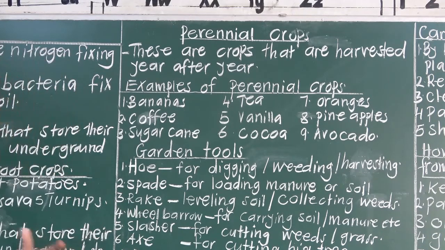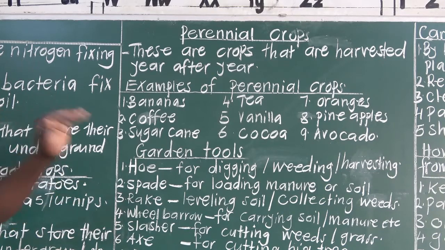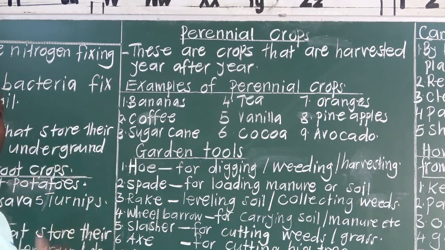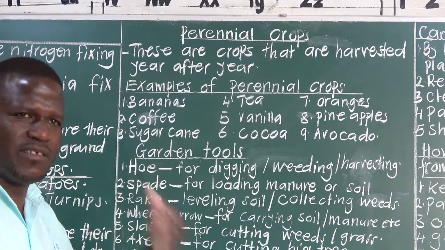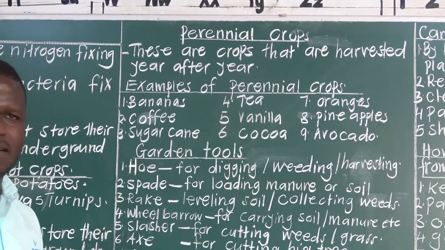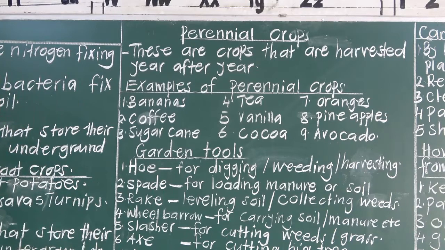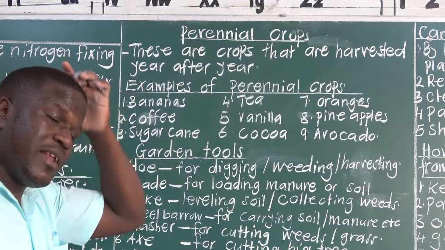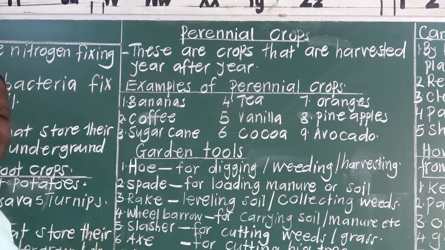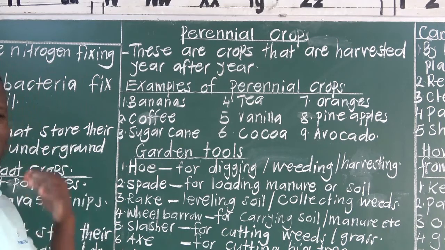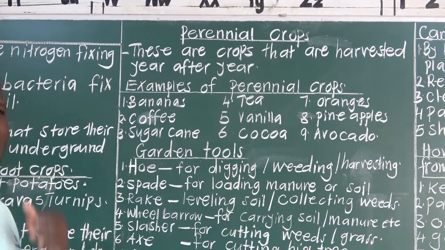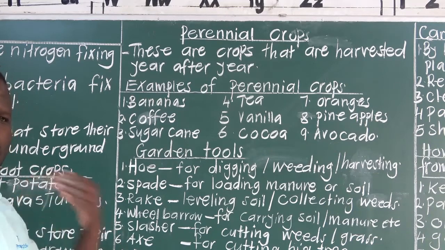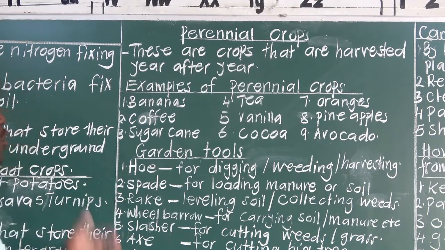If you cannot take that definition, you can take this one. These are crops that are harvested year after year. Every year we harvest them. The best example is bananas. Some of you were born when the banana plantation you have at home was already there, and it has never got used up. You keep on harvesting those bananas every year. As you harvest, others keep on growing to replace the ones you have harvested. So crops that are harvested year after year are called